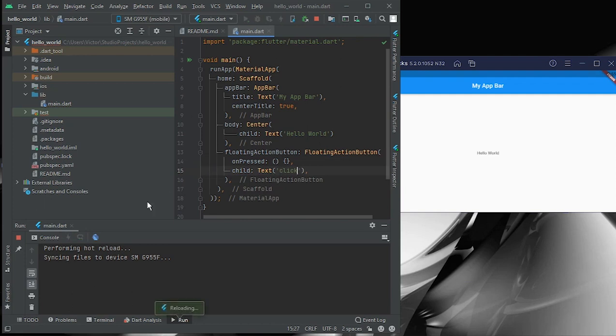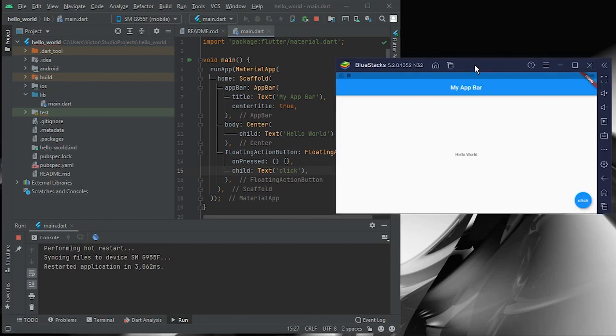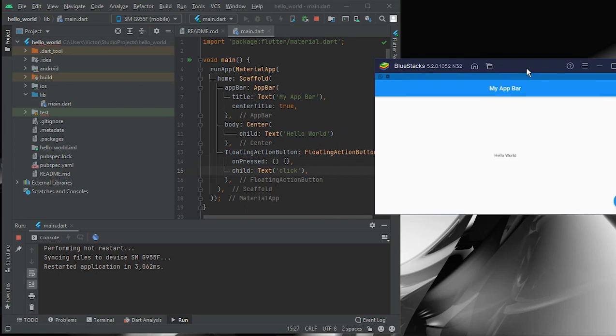Save this and hot restart. Check this now. You can see this button now. If we click this, nothing will actually happen because the function is still empty. We have not added anything yet.